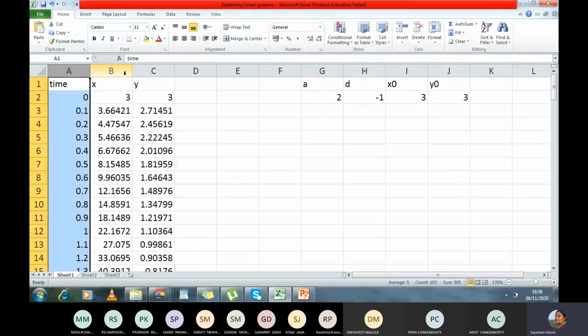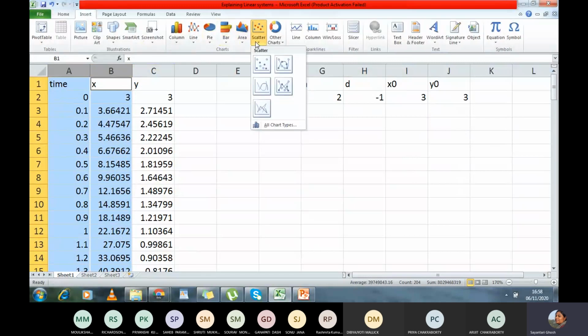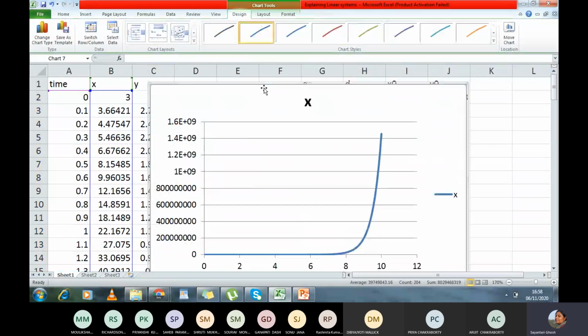So what will happen if I plot x versus t? I am supposed to see that exponential growth this time, right? So what I will see is this exponential rise. You can see how drastically it has increased. So this is pointing out a particular aspect: wherever you start, if you have a blowing function, a function where the exponent is positive, you have a positive exponential sitting there, that can never come down and settle at a fixed point. Can it? So x is going to increase and increase and increase, and it is never going to have a stable value at a point.